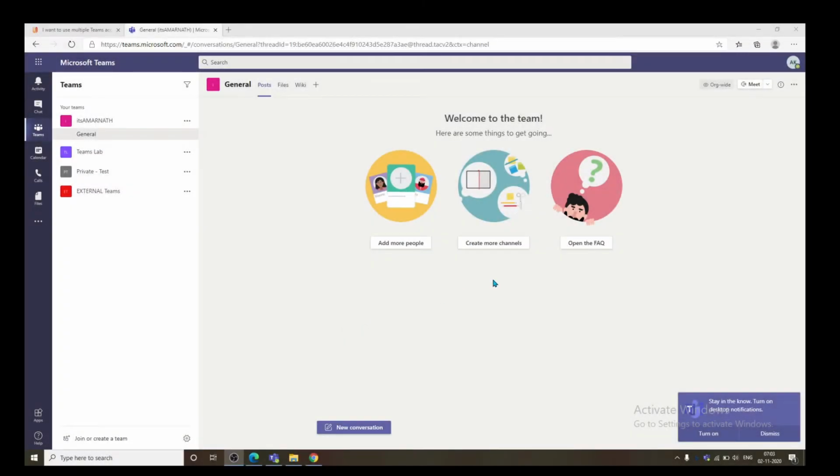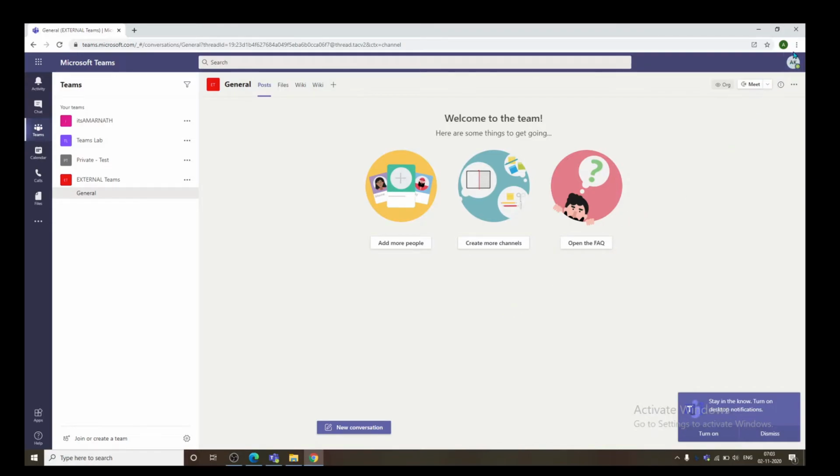As a workaround, what we can do is install a web app on the desktop to treat Teams with an app-like experience. To install a web app, we need a browser based on Chromium. So Microsoft Edge and Chrome browsers will support the installation of Teams as a web application.